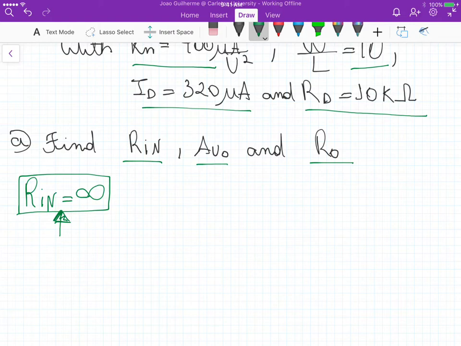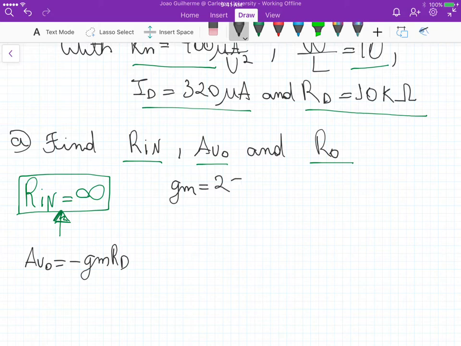Now for AV0, we have that AV0 is equal to minus the transconductance times the drain resistance. And what's the transconductance? The transconductance itself is 2 times ID divided by the overdrive voltage. This means that Gm is equal to 2 times ID